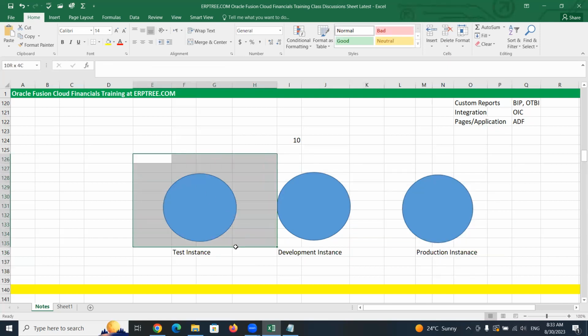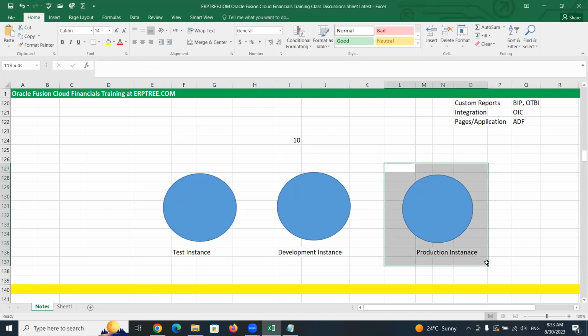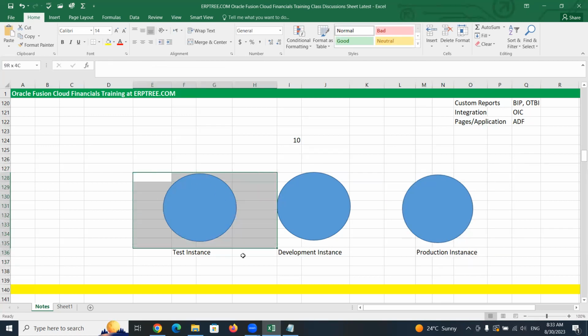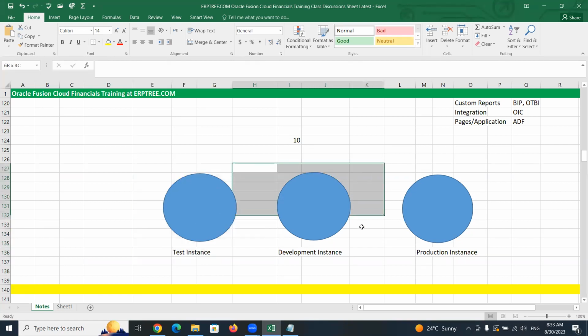The test instance during the implementation we use for any kind of testing purpose or any kind of presentation purpose to the client. And the production instance we use as the final and real instance, which can be used by the client. When you have to do some customizations, if you have very few customizations, you can handle those using the test instance. If you have many customizations, this instance may get impacted, something may go wrong,